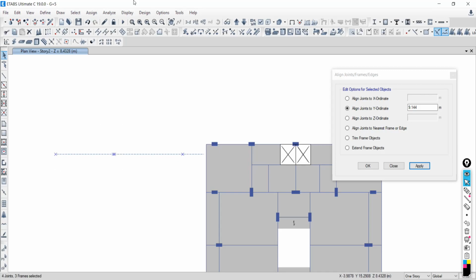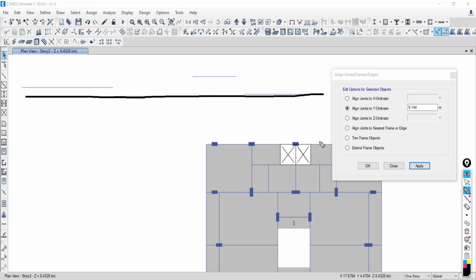Again, select all these and delete. I am repeating the same procedure. First, this is the first line. Second, I have modeled like this. Third, like this. Then like this. Now I want to keep all of these beams in the same alignment like this. My correct point is this point actually.